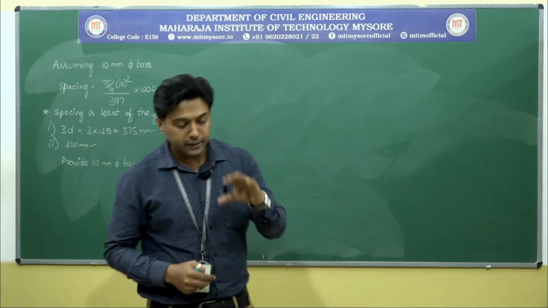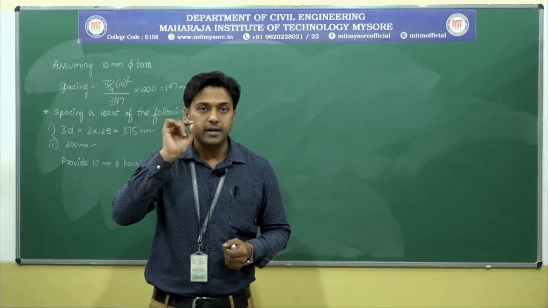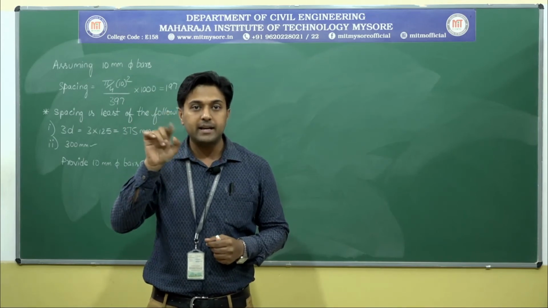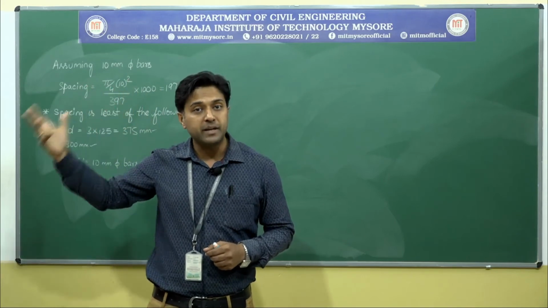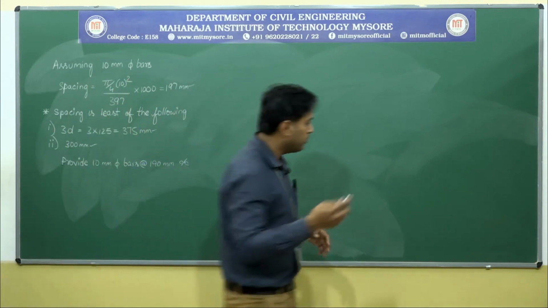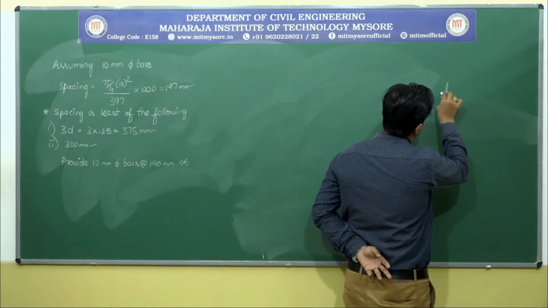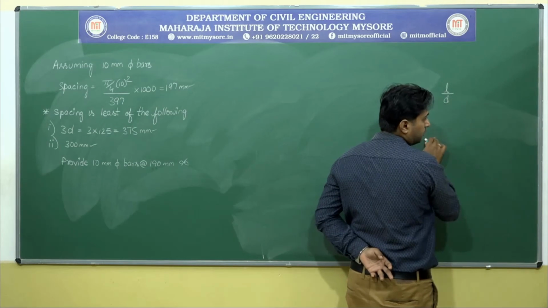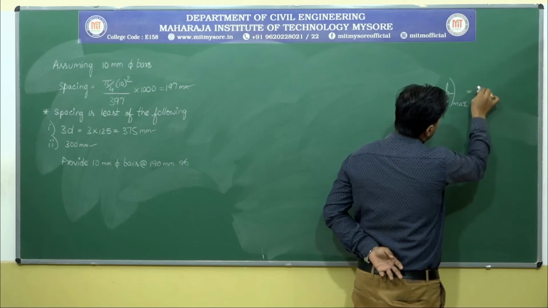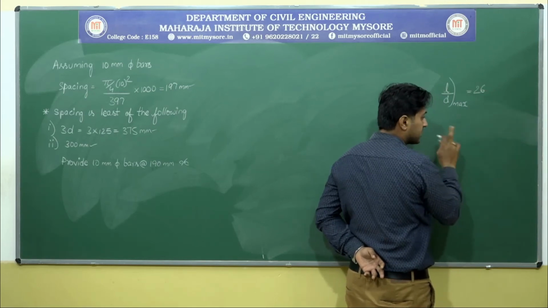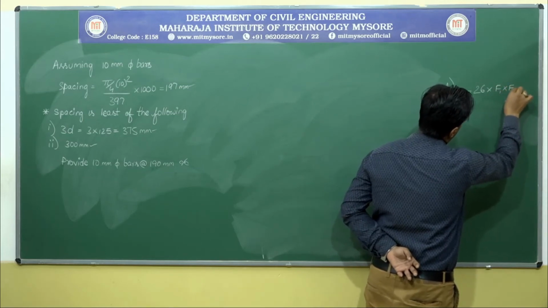So while calculating the check for deflection, observe here, I think you people know that for a continuous beam or slab, L by D ratio is equal to 26 times the multiplication factor F1 into F2 into F3. Why I am telling all these things? Just a minute. So L by D max is equal to 26 times. Why is it 26? Because it's a continuous slab, into the modification factors F1 into F2 into F3.